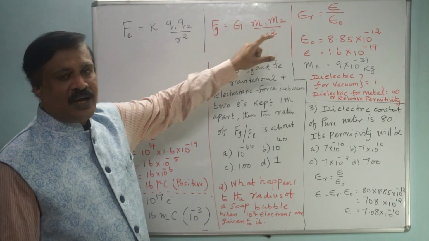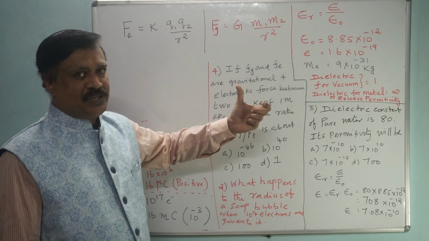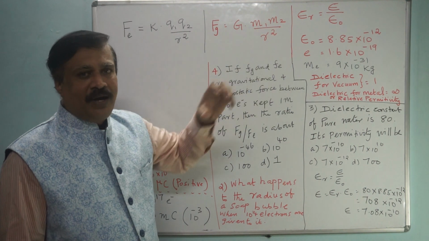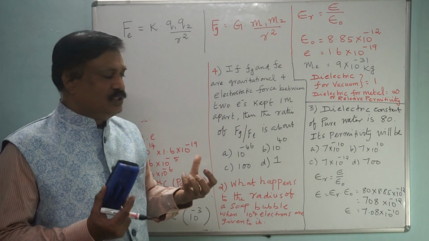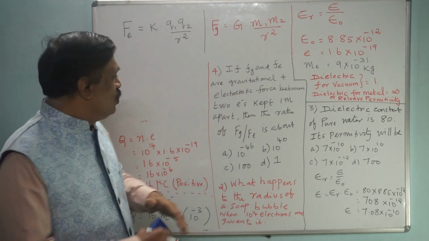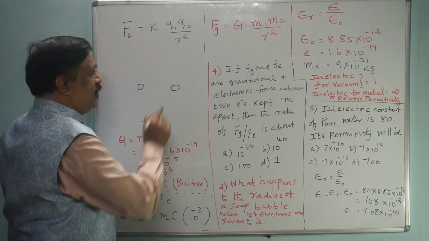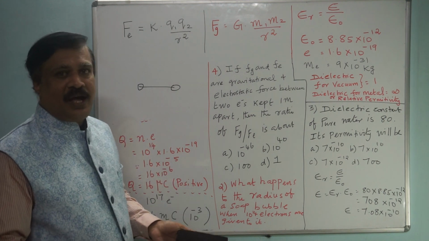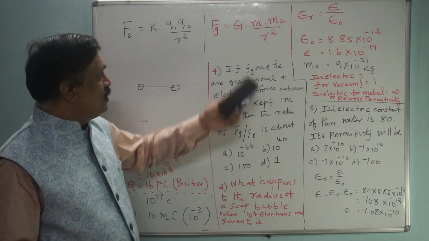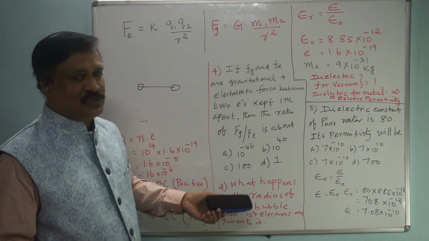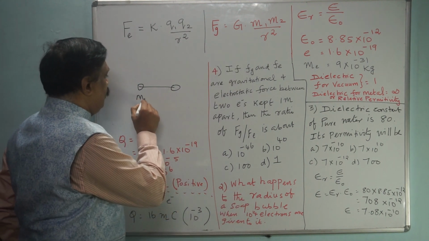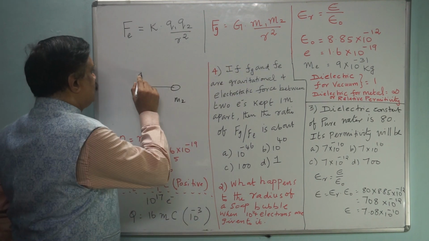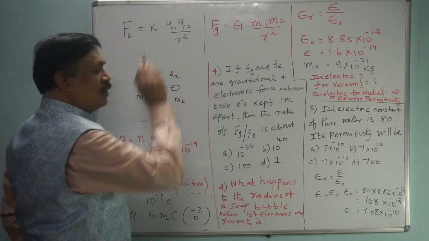Okay, that means as per Newton's gravitational law, Fg equals... here m1, m2 are masses of the electron. Two electrons are there. First you have to understand the problem. Two electrons are there, and electrons means electrostatic force will be there as well as gravitational force. This is applied for any masses. Therefore, if you count m1, m2, then you have to go for this. If you think q1, q2, you have to go for this.